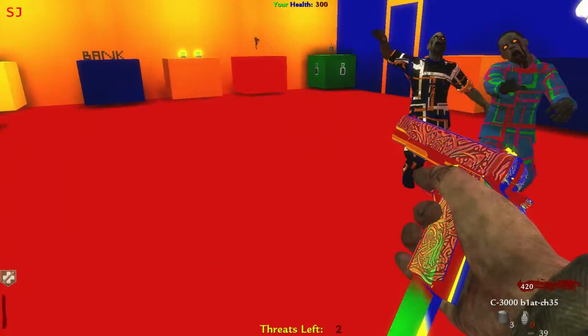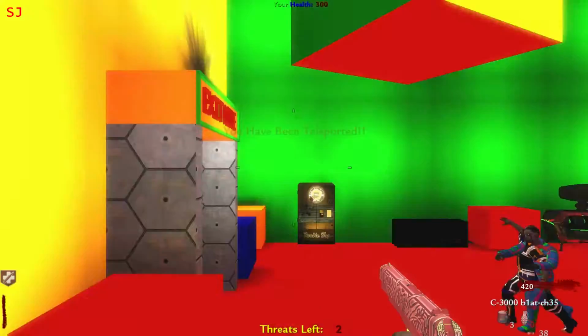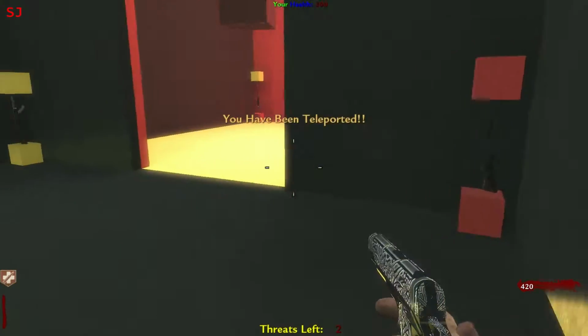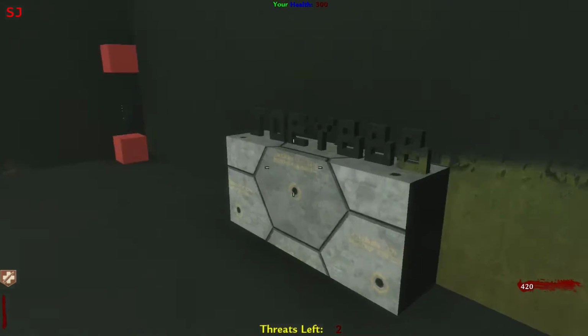So we'll head back here in a second. I'm just going to feed the zombies. Then we'll head back through here to the start area again and just resume what we were doing before. So we're getting up there in terms of points. We're nearly...